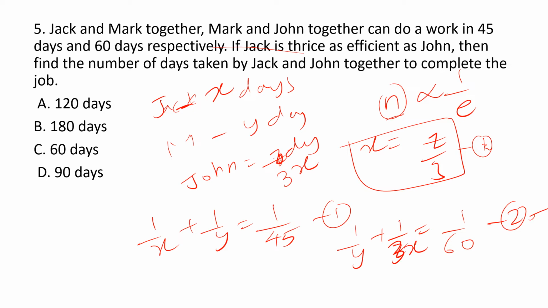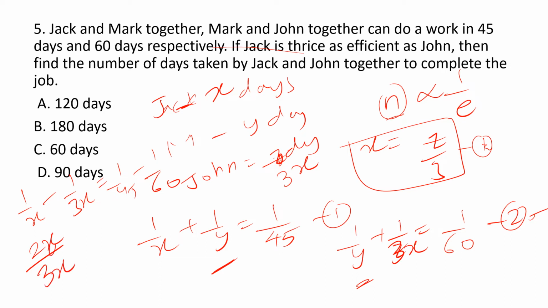So now, subtracting equation 2 from equation 1, we get 1 by y, 1 by y gets cancelled. So 1 by x minus 1 by 3x is equal to 1 by 45 minus 1 by 60. So 3x minus 2x, 2x by 3x square. So x cancelled and 3x, 2 by 3x is equal to 1 by 45 minus 60, 15 by 45 into